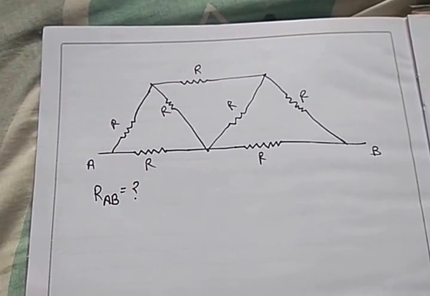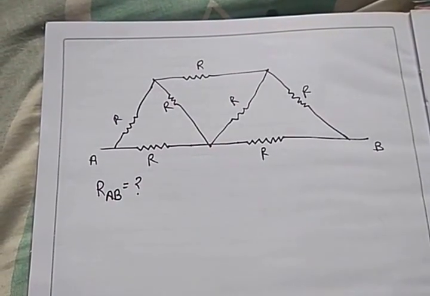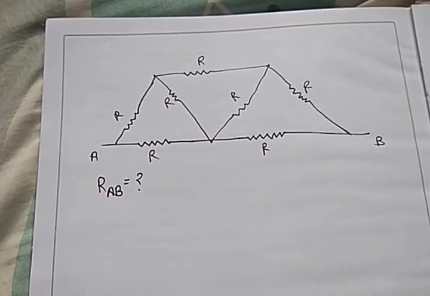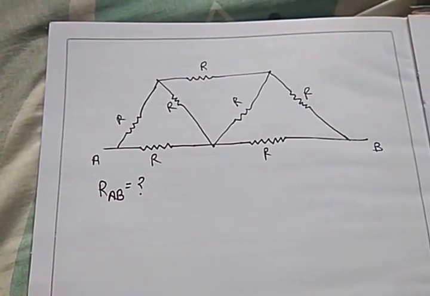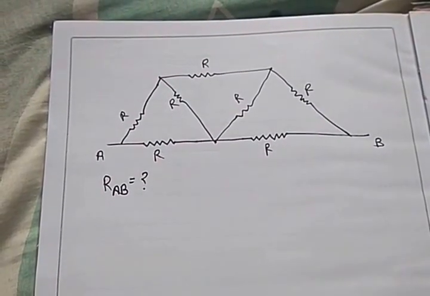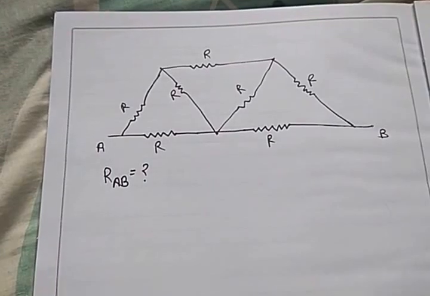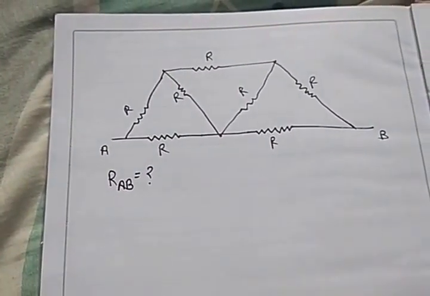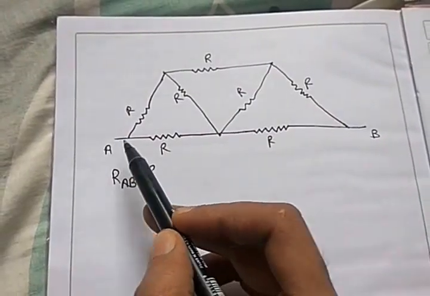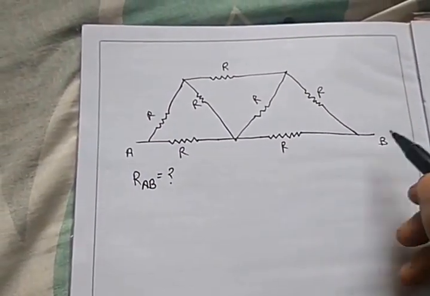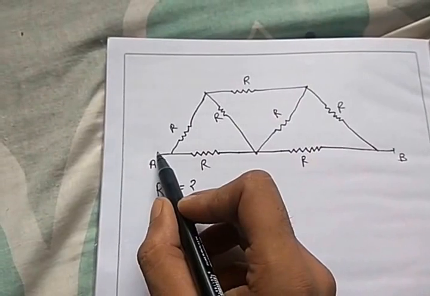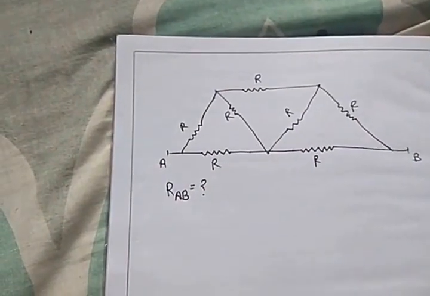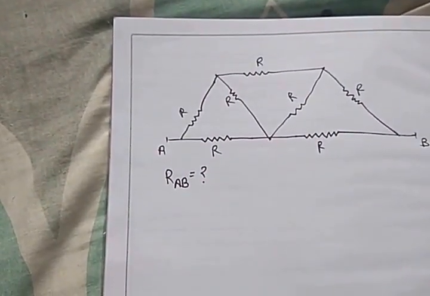Today we will discuss some symmetric questions of resistance in physics. This question is basically designed for JEE Main, IIT JEE and PMT examinations. So consider this question. We have to find the resistance between A and B. This is B and this is A. So how do we find resistance in this type of question?